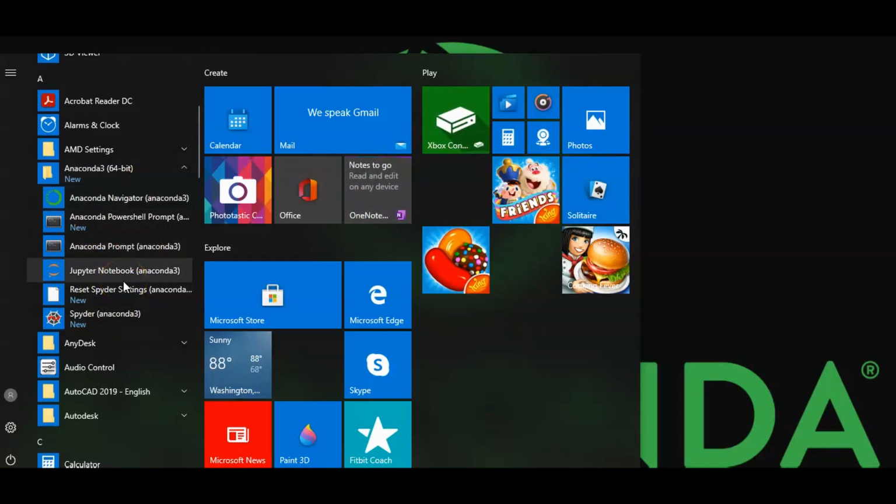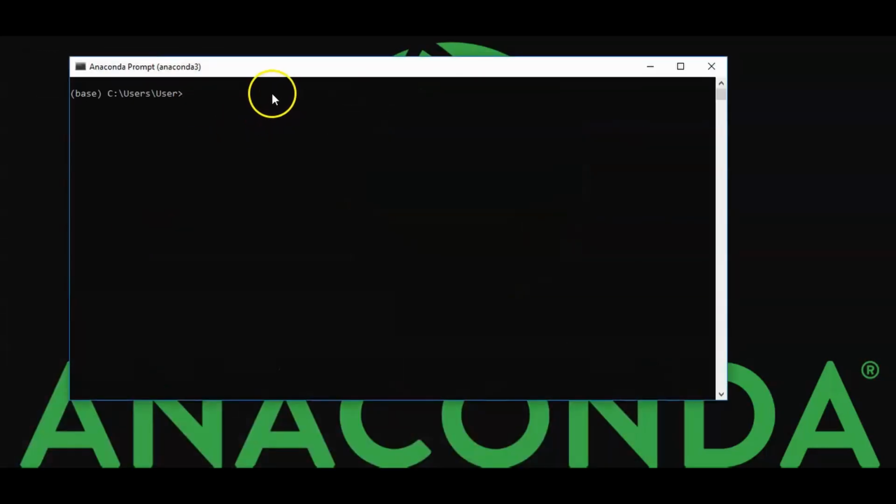Now if you want to install a package in Anaconda using Conda, we need to click on this Anaconda Prompt. A prompt window similar to our normal command prompt will open. Here you can see this is an Anaconda Prompt, and here we can install the NumPy package. NumPy is a Python library used for scientific computing and working with arrays, n-dimensional arrays, and so on.